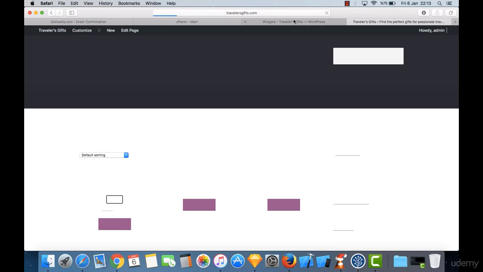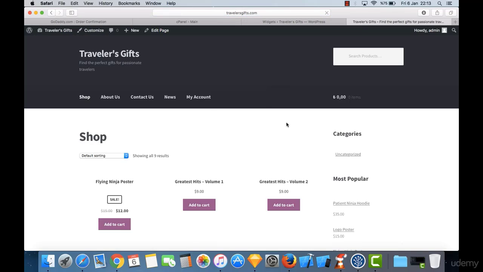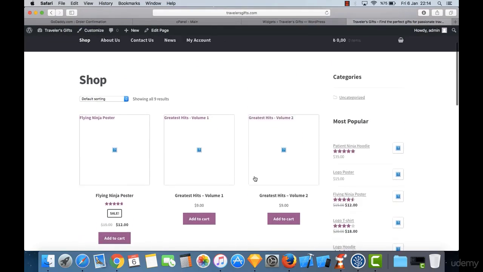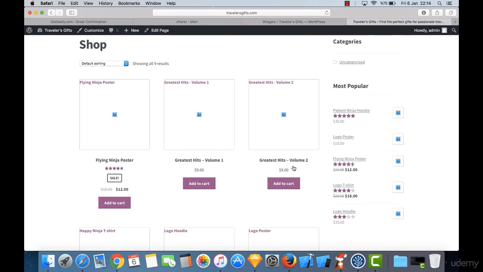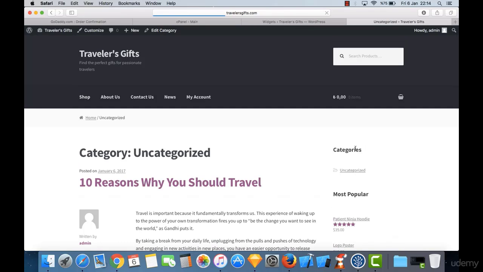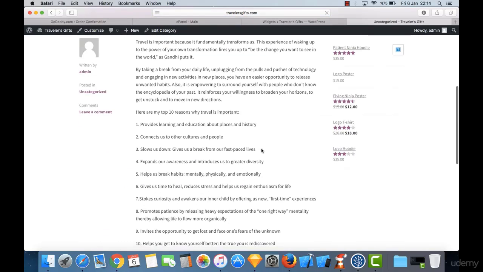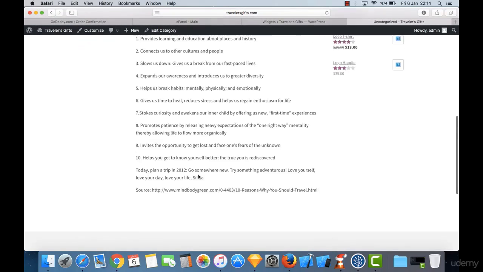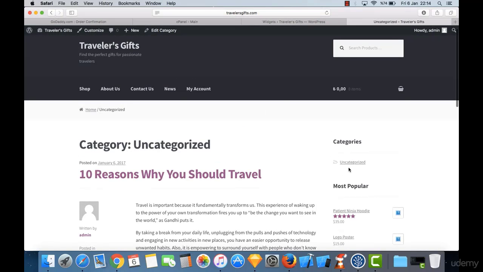So I think you got the main point here. We have some pre-prepared widgets. I like here, I have just put the categories on the upper side of the most popular widget here. So I don't have previously set up categories like hoodies, t-shirts or posters, but rather I have only an uncategorized theme. Oh, actually these categories are for blog posts, so it will take me to the blog